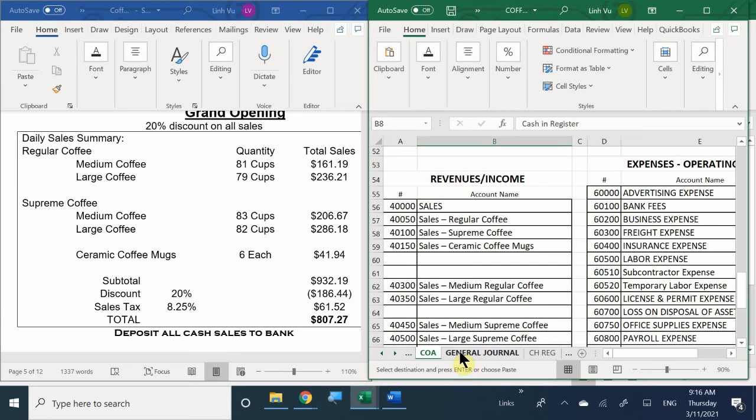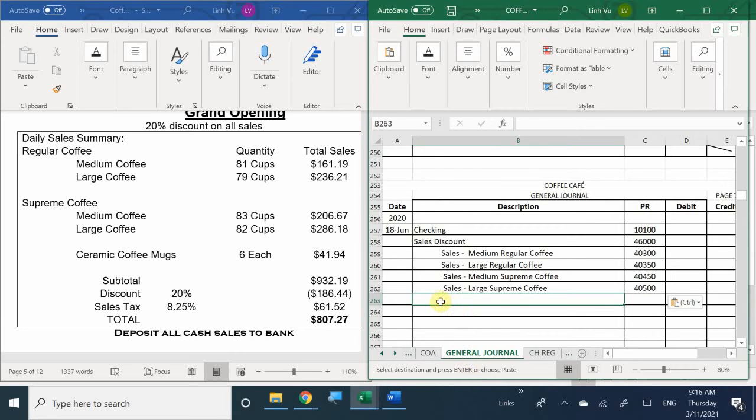We're looking at sales. Oh, sales, sorry. So what is the actual sales here? What's the account number here? 40150. Yes, 4150. Okay, so general journal here, right? This time we're going to be typing in sales ceramic coffee mugs because that's what we sold in the store. And this time it is for